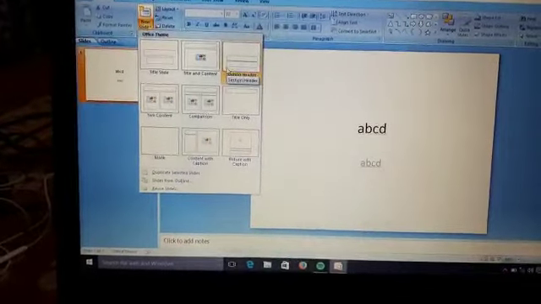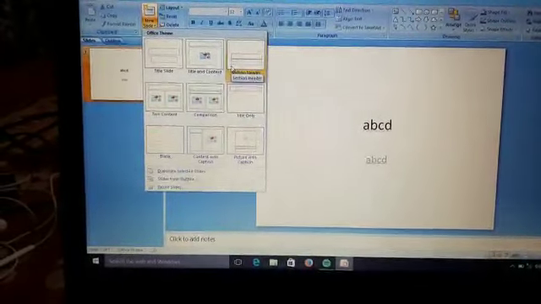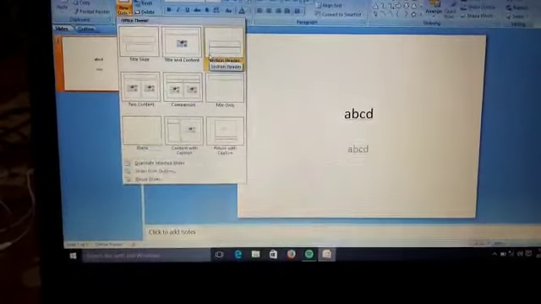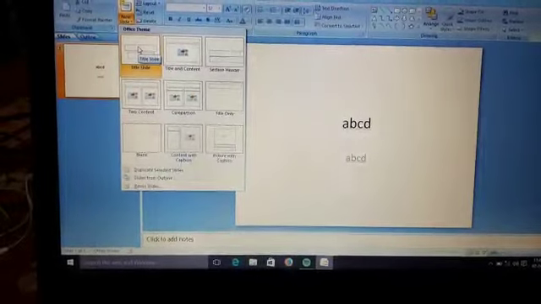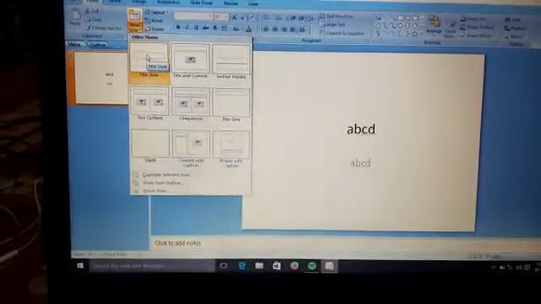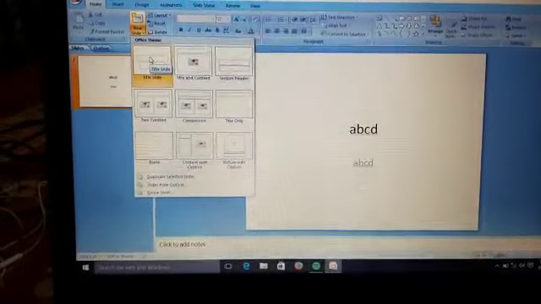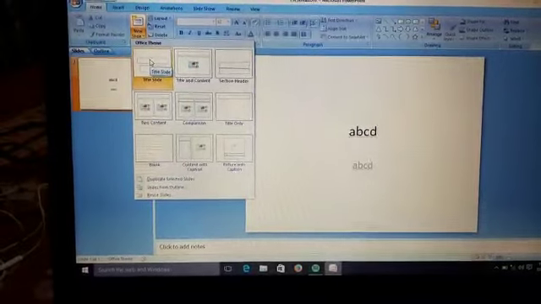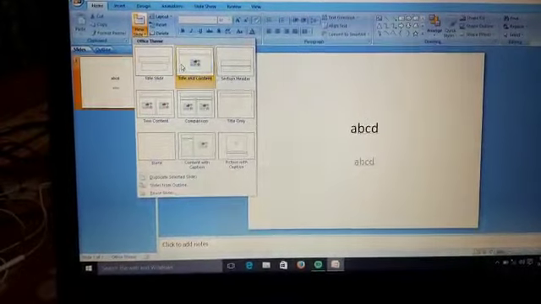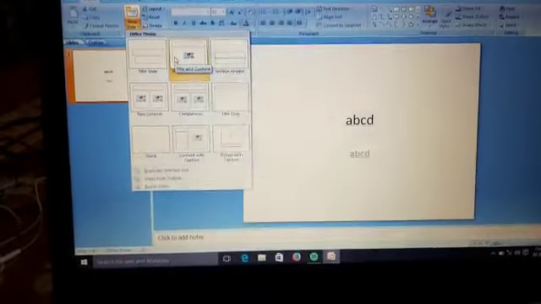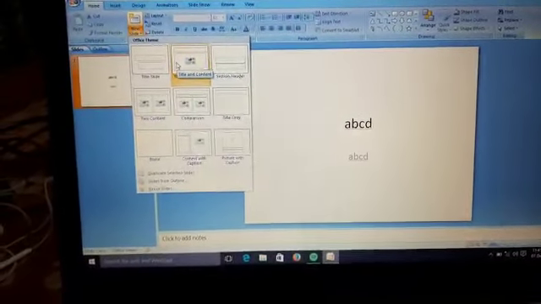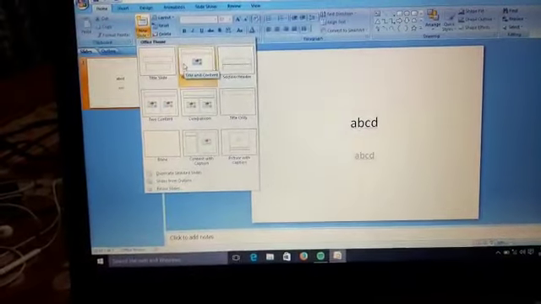Now, the next topic is types of slide layout. We have different types of slide layout in PowerPoint 2016. Title Slide, given in your book, page number 67, is the layout used by the user to add a title and subtitle, like it was given in the first slide. On the top, you write the heading and then you write the content which you want. Now, Title and Content is also there. In Title Slide, only the title and subtitle are given, whereas in Title and Content, the heading and the body are given. It consists of two placeholders to add a title and other content such as text, images, and graphics.